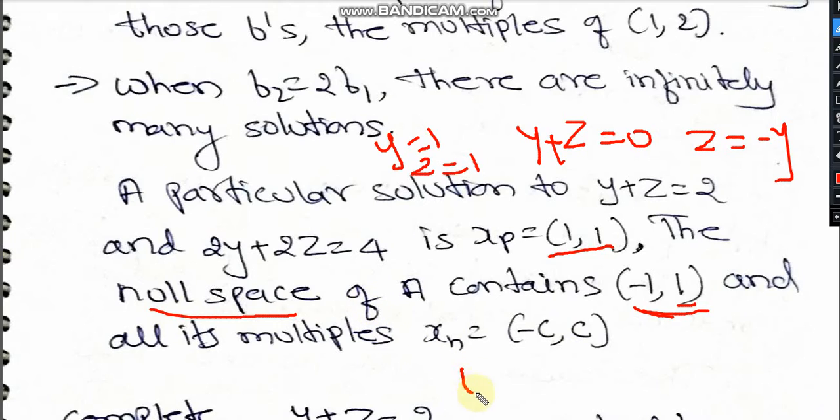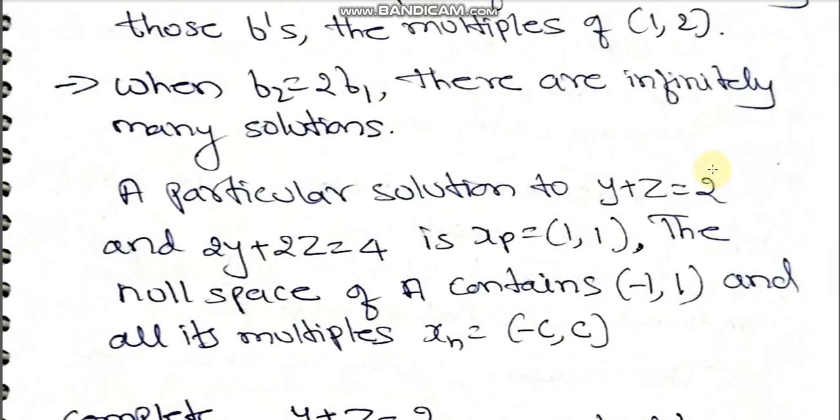That is b being 0 when we solve it for b equals 0, and we are solving it for y plus z equals 2, where b1 you are taking as 2 and b2 you are taking as 4. If you solve this, you will get y equals 2 minus z, and here 2y equals 2z. One equation will give y equals 2 minus z for the particular solution. So if I take z equals 2,